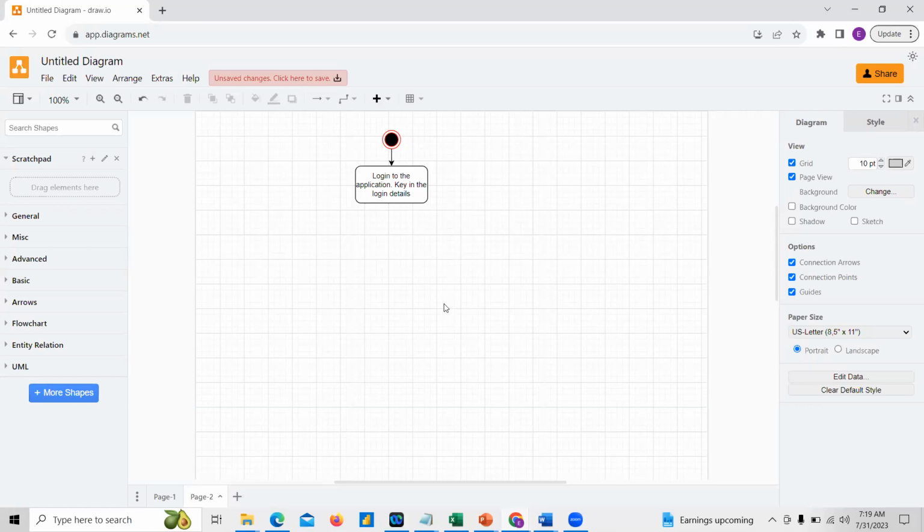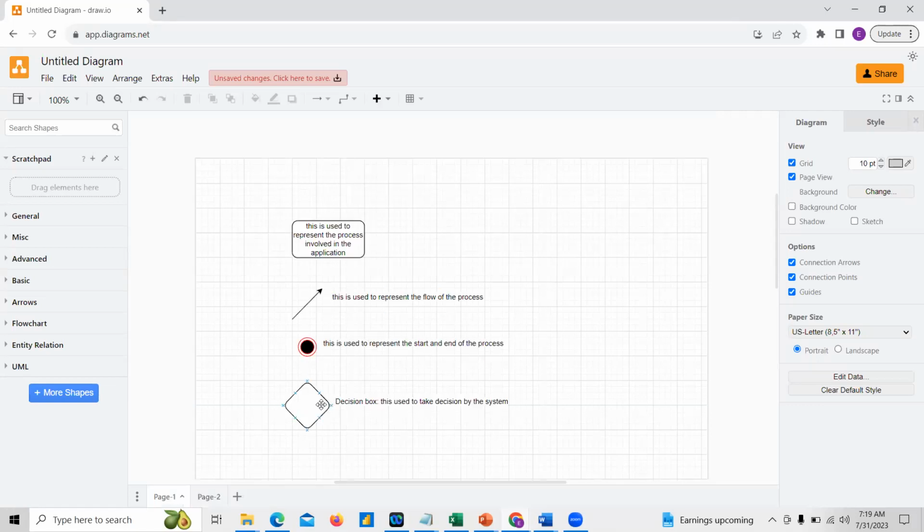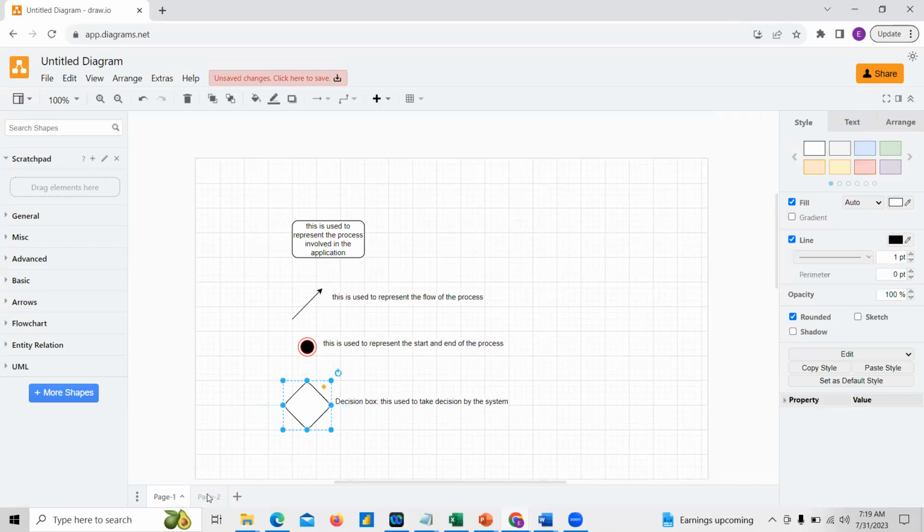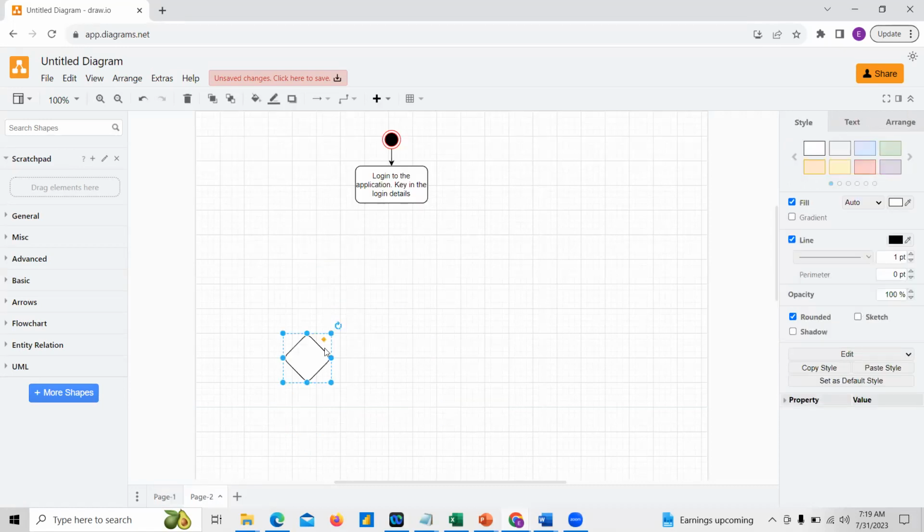So then when you log in, the system will go and search. You type what you want to search, then it'll go and search it for you. Before that, the system will verify whether the login details are correct or not. That is where the system has to take a decision to allow you to access the application